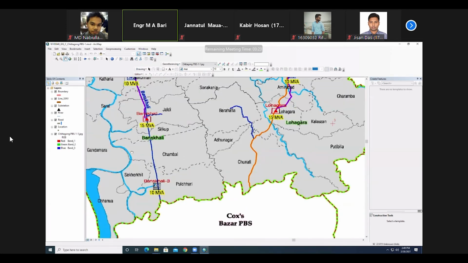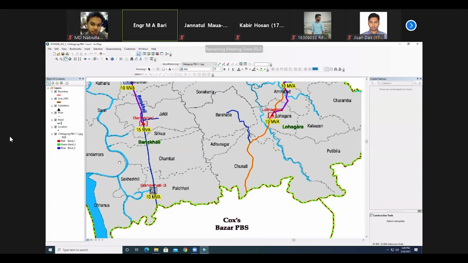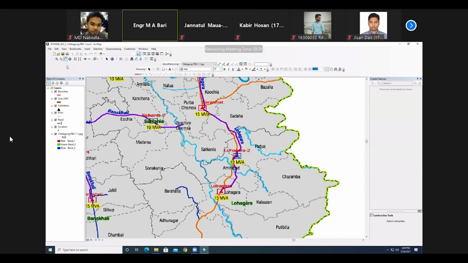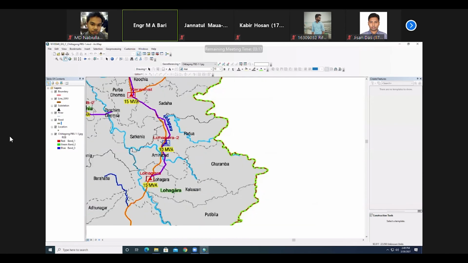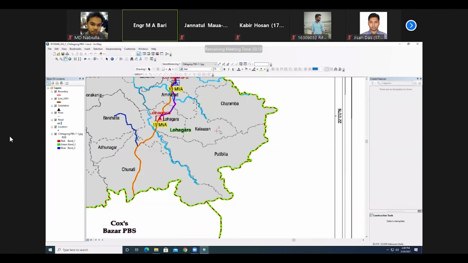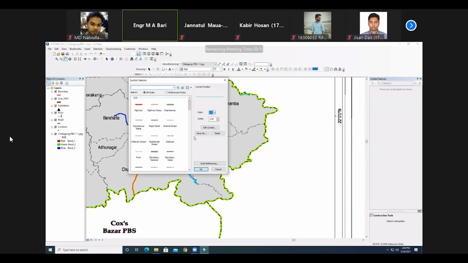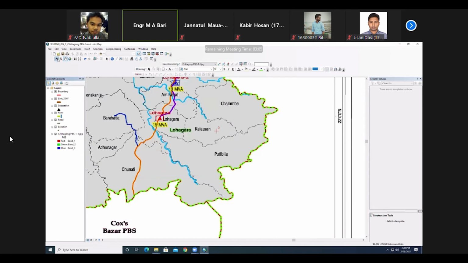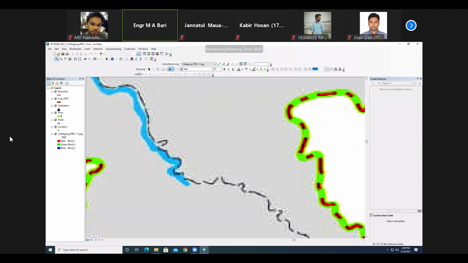Maybe your location is here. Okay, so you will finish it. If it is the river, then the same thing, you need to do it. For the river, you need to give another color so that you can easily see your river. This color, for example. Then both of the sides, you need to draw. Both of the sides. So start it. River. Then this side, you will draw it.